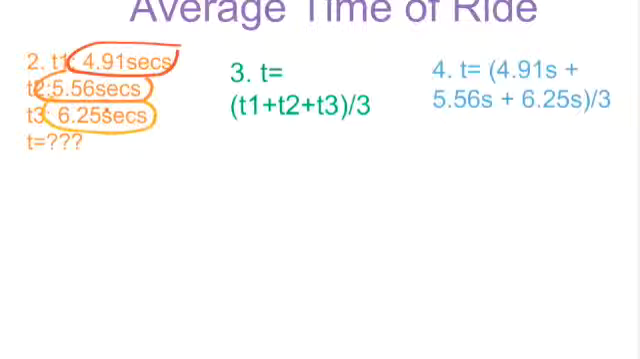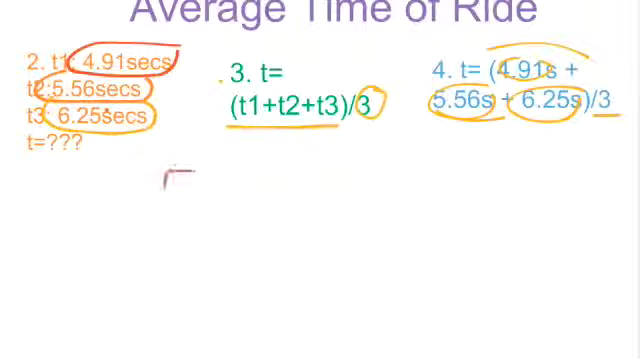After, for step 3, here's the equation for finding the average time. You take all 3 times and divide by 3. For number 4, I put the variables into the equation each time and divide by 3. Now the next step, and the last step, step 5, is finding